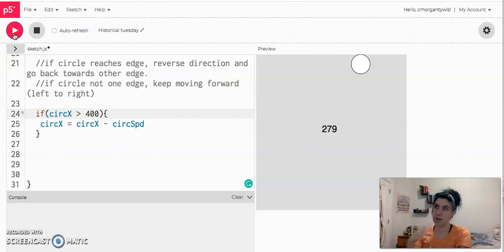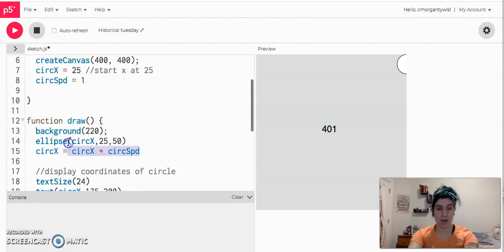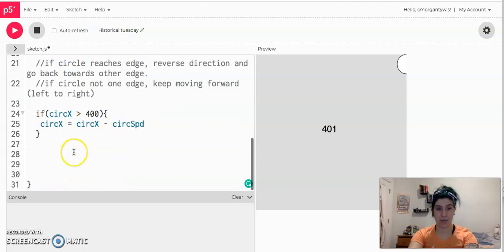And I see it get here and get here and get here and get here and get here. And now we're actually stuck at 401. Now it is bigger than 400, but the computer is still trying to subtract and add at the same time, and it's still stuck. So that is usually when I see this conditional else statement come in, where people write